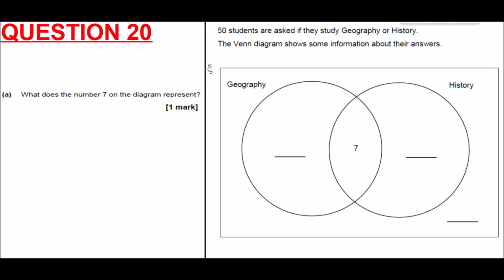Question 20, we have a Venn diagram. Part A is fairly straightforward. It just asks us, what does the number 7 on the Venn diagram represent? Now, the number 7 is the bit of the Venn diagram where the circles overlap. So that 7 is in the circle for geography and the circle for history. And so the Venn diagram is about students that study geography or history. And so because the 7's in both circles, what it represents is, that's the number of students